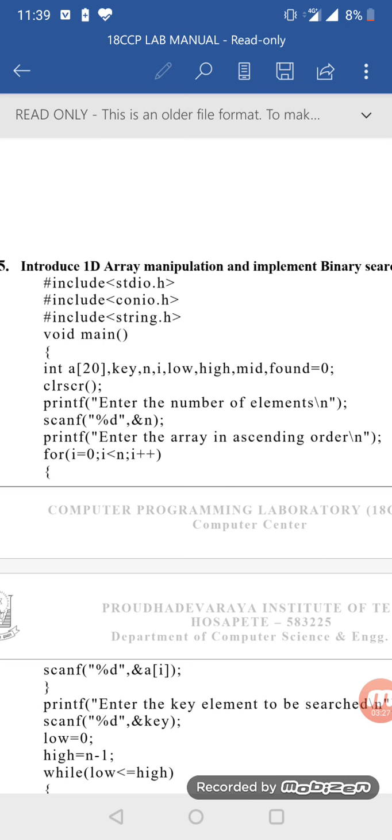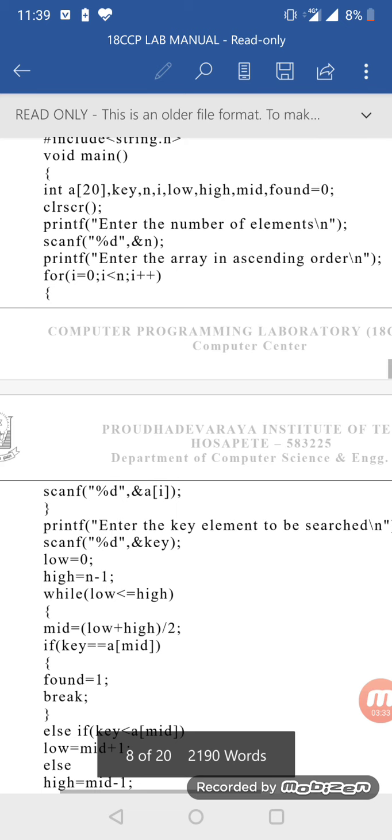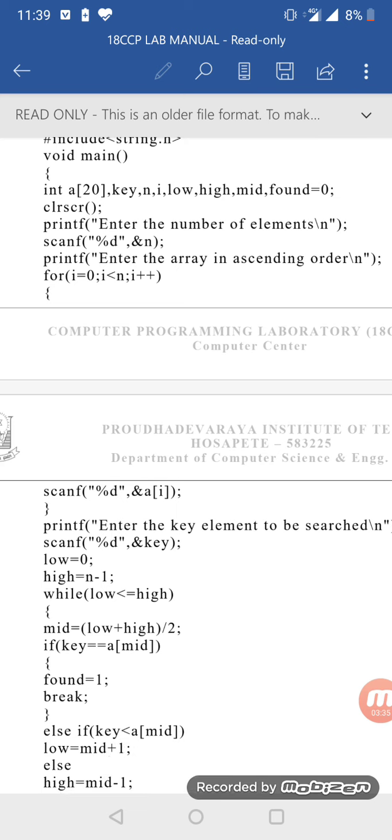Next is the statement which asks us to enter the elements in ascending order. To enter the elements in ascending order, we use the for loop. So for i equals 0, i is less than n, i plus plus. If you want to store 5 elements, then i equals 0, i is less than n, that is 5. Because we are storing the elements in the array, the last index value will be n minus 1.